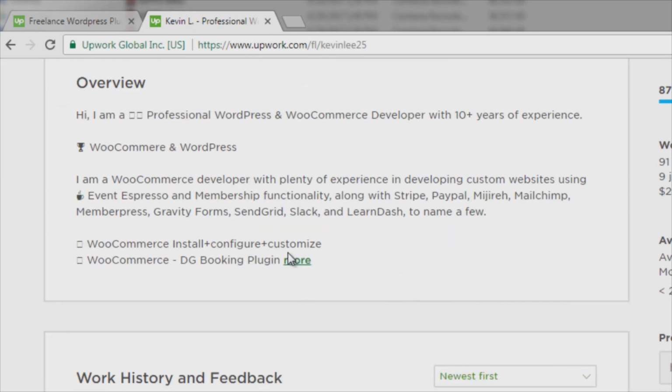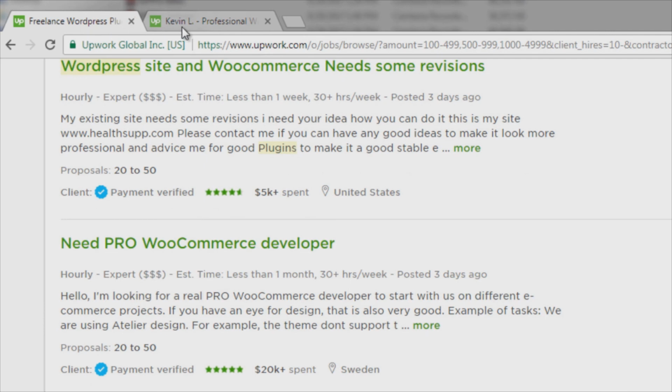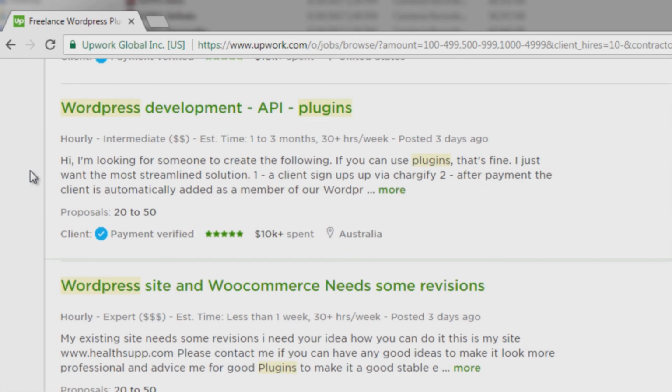So you can say, hey, I noticed that you developed this plugin for this project that does this. I need you to develop a plugin that is similar, and this is how it works. So you know that that client was happy enough to leave that person a review. So this gives you an idea of who actually is good. So this should give you an idea of the job posts, but as far as looking for a person,